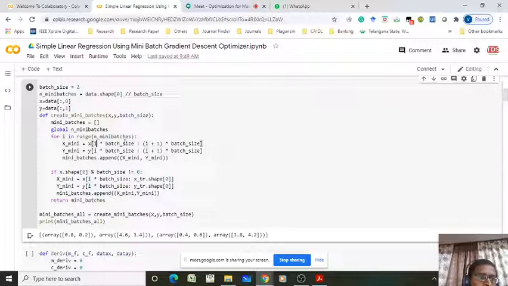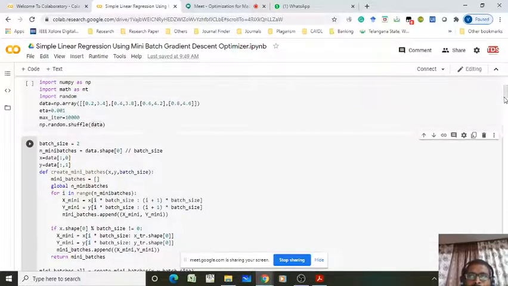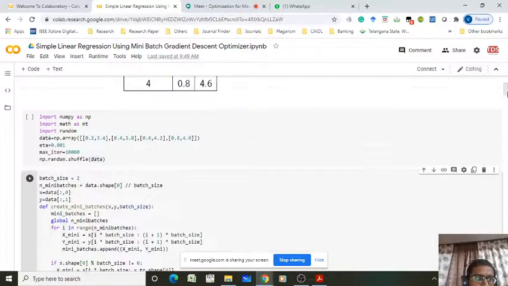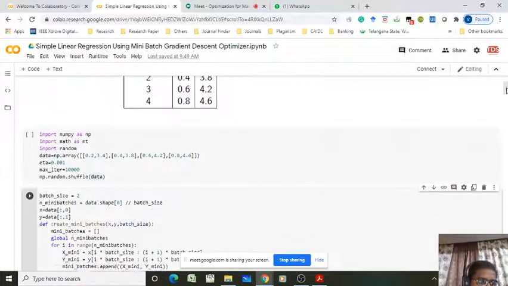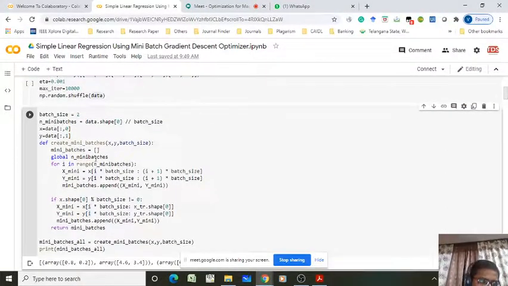That means 0 to 2. Your first two values will go to the mini batch. 0.2 and 0.4 will go to the mini batch of x. Whereas y equals y of 0 into batch size, that is 0, to 0 plus 1, 1 into batch size, that is 2.